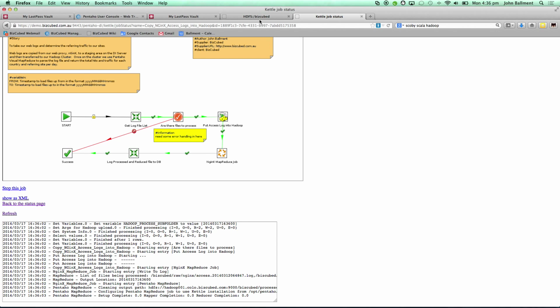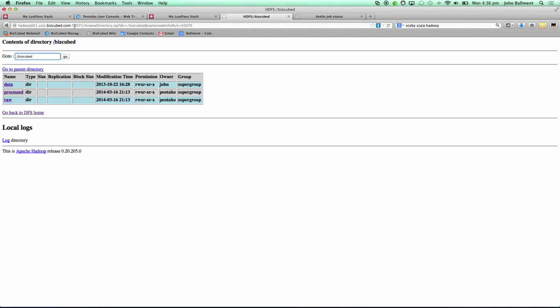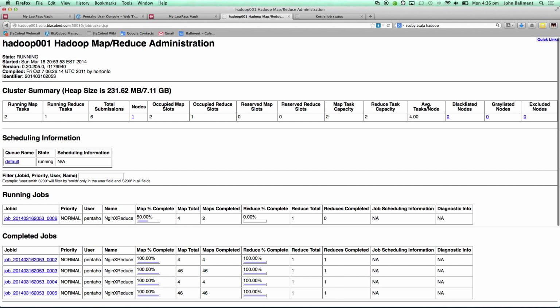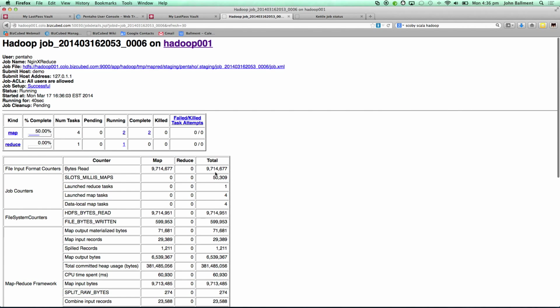Now we can go and have a look in our Hadoop cluster and see what's going on there. So we can see that it's about 50% through the mapping stage. Now this is a single node cluster, so it's not overly exciting or fast, but it's designed just to show